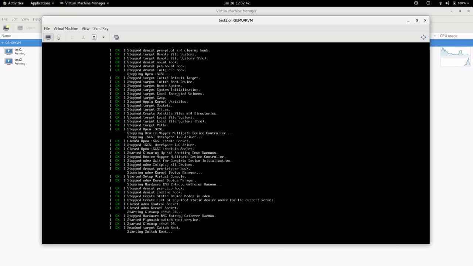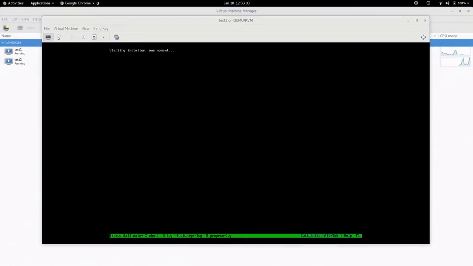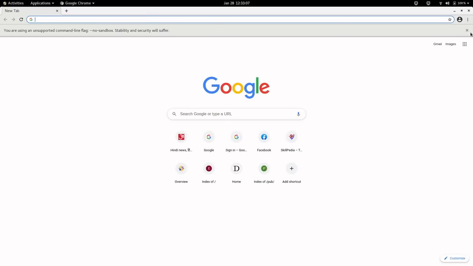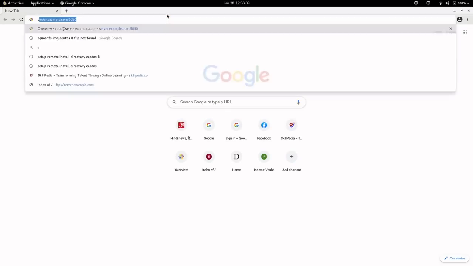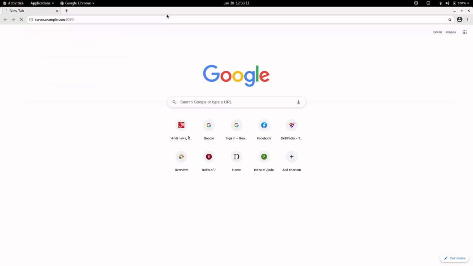And fourth machine, I am going to start all the 4 machine installation parallelly, and then I will show you, by the time I complete the lecture, how to manage these machines, how to create clones and virtual machine manager completely. So let it start. And meanwhile, I'll show you the interesting part, which is a cockpit new feature. I have already installed the cockpit and enabled the service. So let me launch a virtual machine through cockpit also.